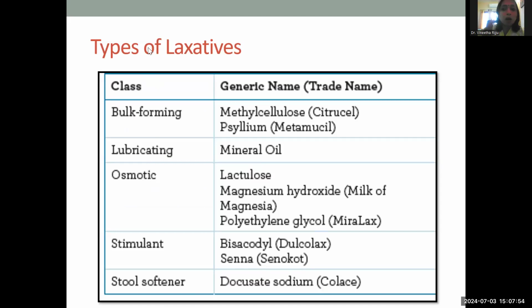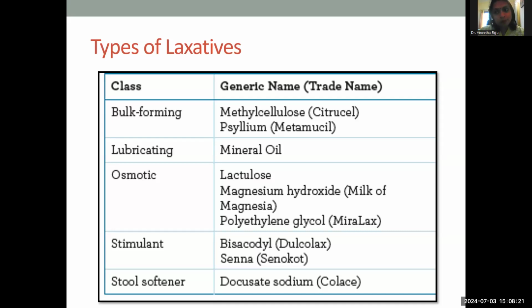The only thing is how it has to be placed, such that it is touching the mucosal wall, and preferably it can be done after digital evacuation if there is fecal mass. And some people, okay, now this is one thing that you can also ask your patients: have you used suppositories before? How was it?